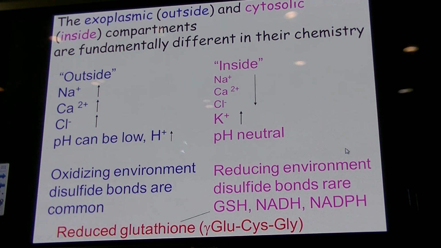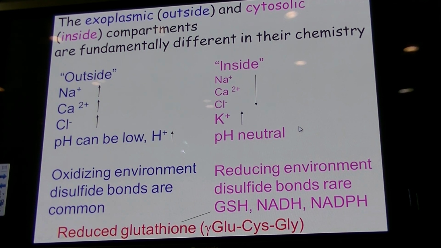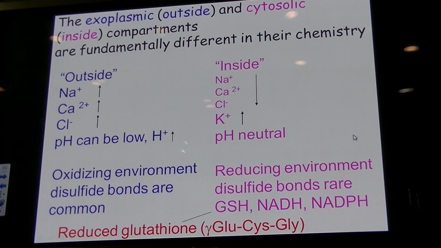Okay, what are the differences do we have? Within the cell, it is typically a reducing environment, which is also something I think that cells have taken from their early evolutionary steps. What do I mean that there's a reducing environment? What I mean is there are coenzymes and small molecules that can donate hydrogen easily. And these molecules